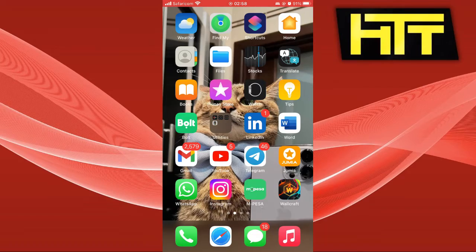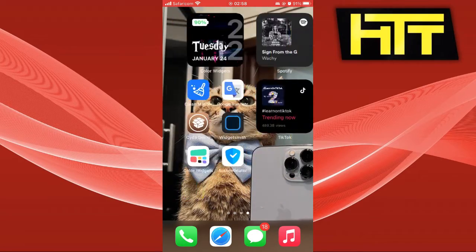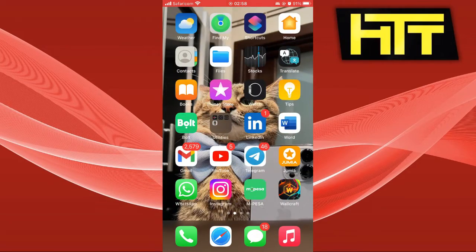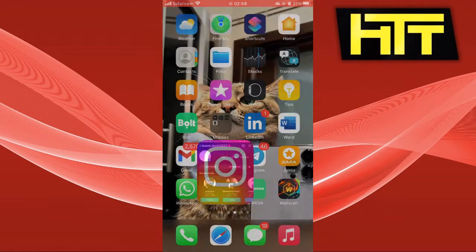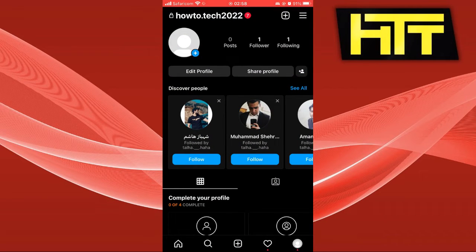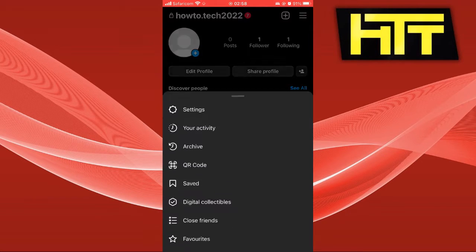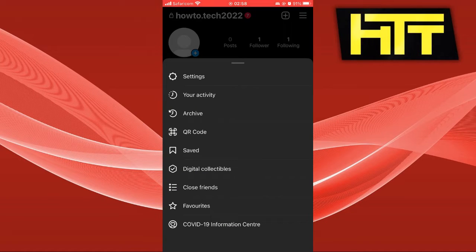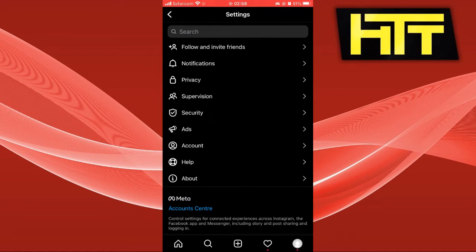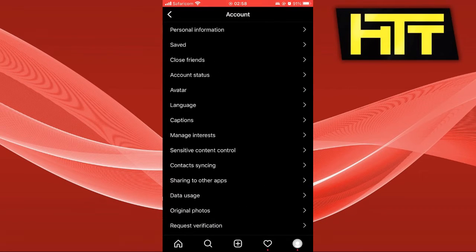The first thing you want to do is go ahead and launch your Instagram app. Go to the profile page and click on the three dashes on the top of your screen. Then click on settings. Then the next thing you want to do is go ahead and click on account, and